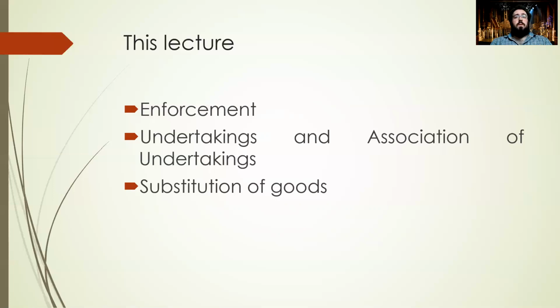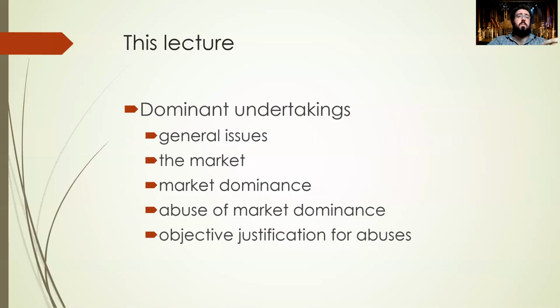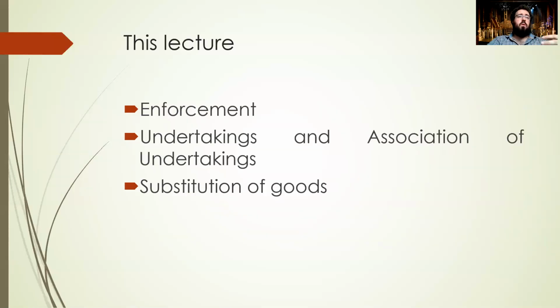Then we'll be looking at the idea of undertakings and associations of undertakings. So it goes back to the dominance undertakings, but we're going to be looking at it a little bit more specifically in relation to where companies have agreements. Not quite a cartel, but there are agreements for companies to engage in partnerships, and where a company is a subsidiary, so if a company owns another company, the way Disney and Marvel and Lucasfilm and the whole Star Wars thing,